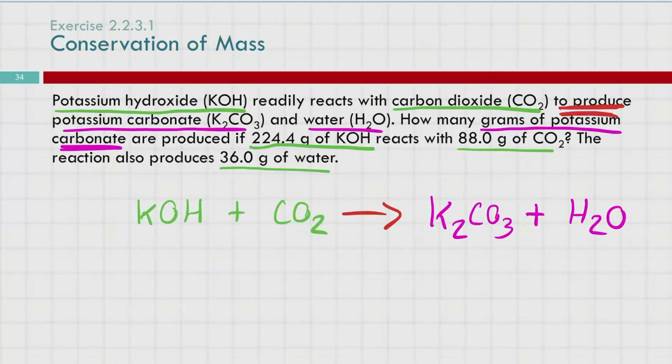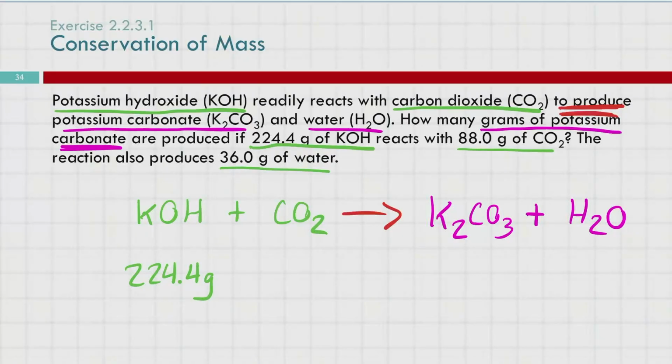Perfect. Now what we need to do is pair our masses that we were given in the question. This later part, we need to pair these masses with the correct symbols. So 224.4 grams of KOH. We'll just write that in